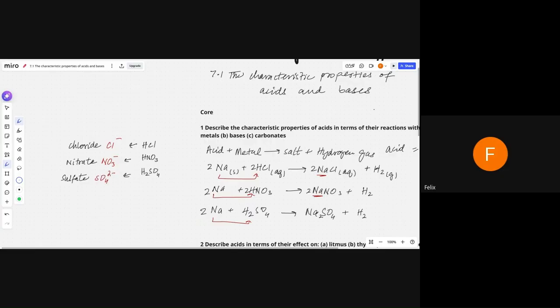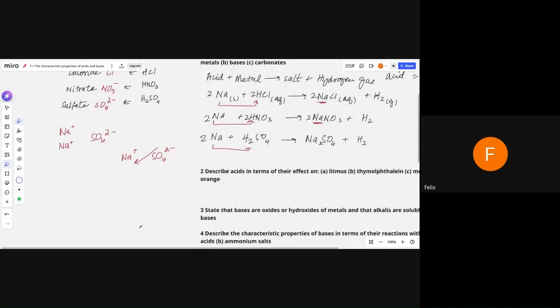So if sodium has to combine with sulfate, we must have 2 sodium atoms to apply the crisscross method and to cancel the charges. So 2 Na plus will neutralize the 2 minus charge on sulfate, right? So it will be Na plus and SO4 2 minus. Remember the crisscross method. So the formula will be Na2